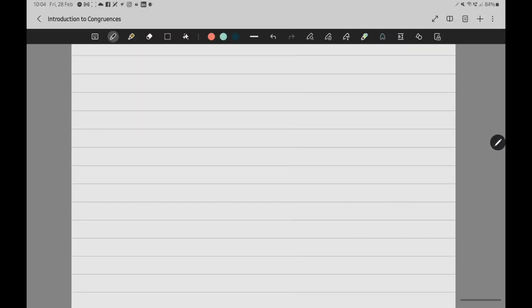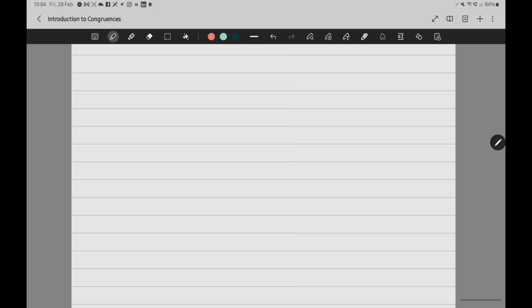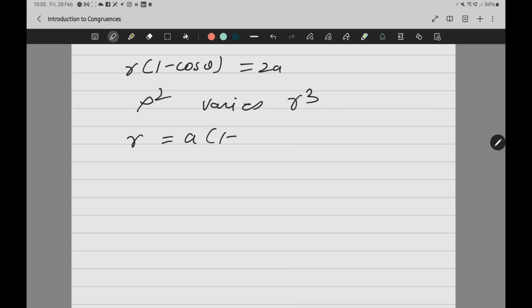So this is how you have to proceed, and you have observed in almost all the questions of polar, I was getting the same type of structure. So don't get confused. If you do 2-3 questions, you will automatically understand what is coming common, where is a minus sign. For example, there is another question, r 1 minus cos theta is equal to 2a, and you have to show that rho square varies as r cube. So take log, solve rho, square it. You will get the answer. Same way there is one question which we just now did. R is equal to a1 plus cos theta. But now they are asking show that rho square by r is constant.